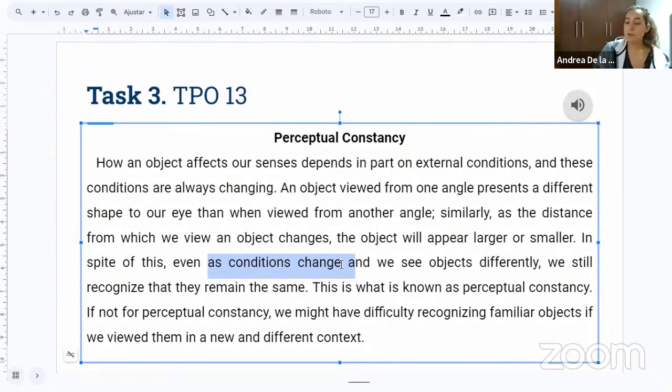So if we see a plate from different angles, we see it in different shapes, right? If we see it from the front, then we know it's a circle. But if it's a little upside down or we see it from a different angle, we can see it as an oval. But even if we see it differently from different angles in different positions, we can still recognize the object. We can still recognize that it's the same object, right? That it's a plate. So emphasize this and what is connected to the definition.